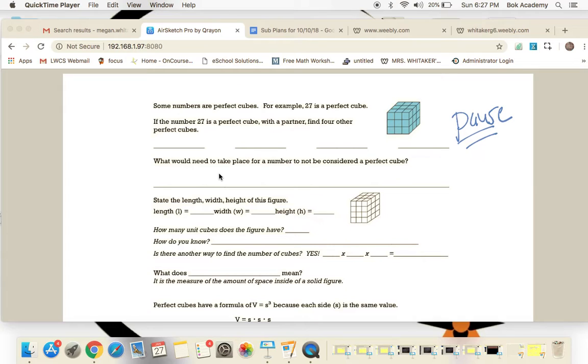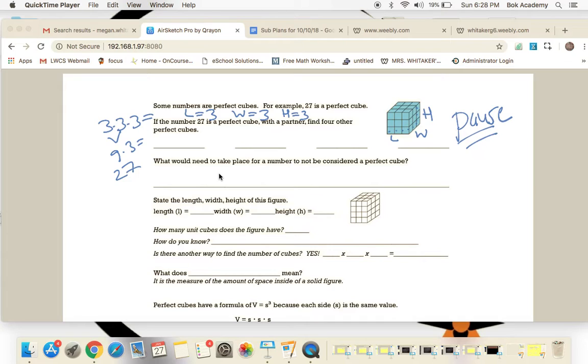Okay, now you should be back from pausing the video, and let's see what you and your partner came up with. You could have come up with many things. In this example, the length was 3, the width was 3, and the height was 3. 1, 2, 3 is the length. 1, 2, 3 is the width. And 1, 2, 3 is the height. So if you multiply all those together, 3 times 3 times 3, 3 times 3 is 9, and 9 times 3 is your 27